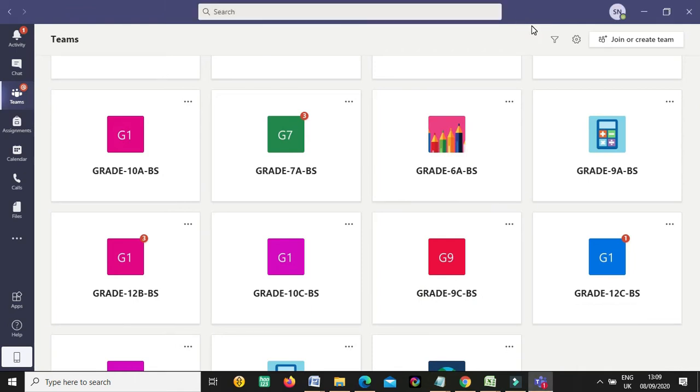But even when we make it from the calendar, there are still some problems. Some of the teachers are facing problems. They said the students are not able to enter our class, or there are two meetings generated, or these types of problems. So guys, now I will give you another way. From the calendar you can make it, and I'm not saying it happens every time, but rarely. But there is another way. You can create the schedule in the team, and everyone can enter your class without any problem.